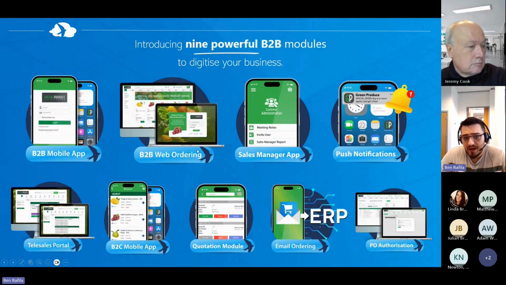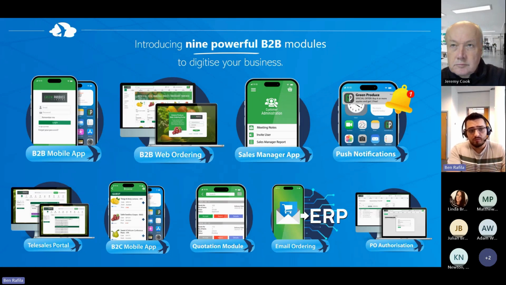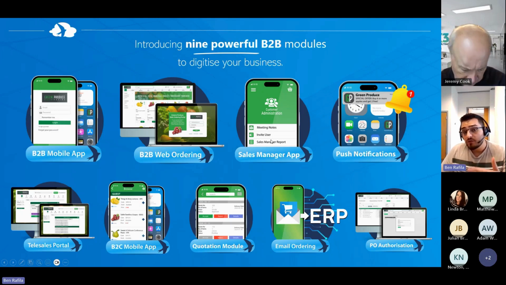We have the B2B mobile app, the web portal, which is fully synchronized with the app. Customers can float between devices at ease, start an order on their app, wrap it up on the web portal if they wish. If you have sales managers on the road that take orders on behalf of customers, they can now simply use their app on their mobile device or a tablet if they have one,